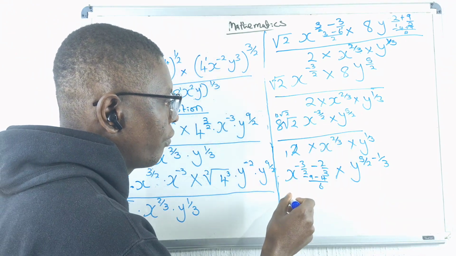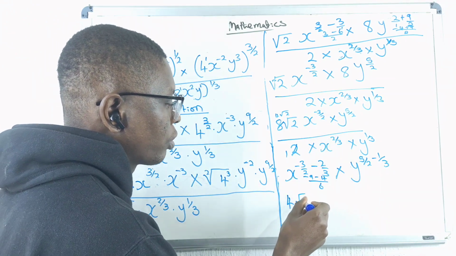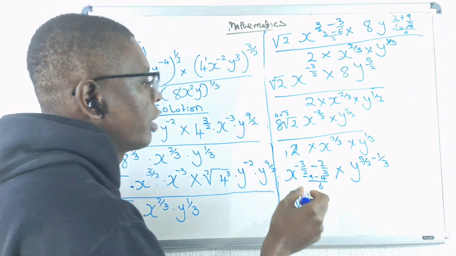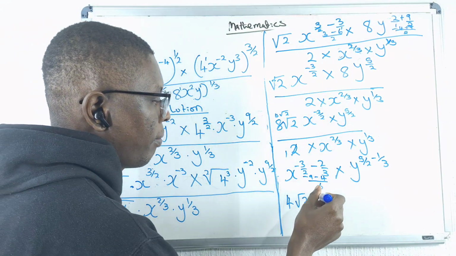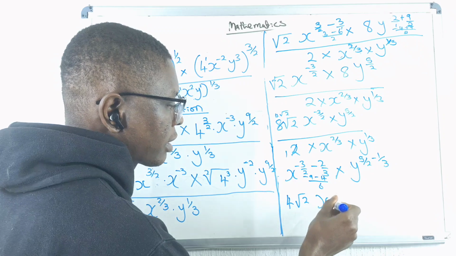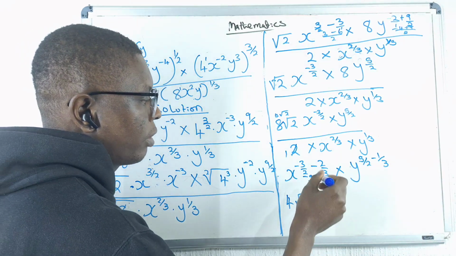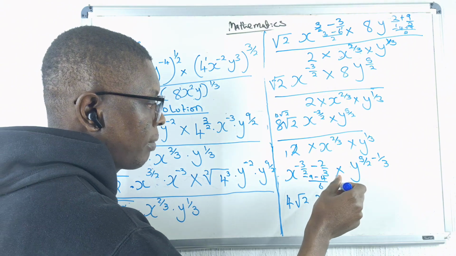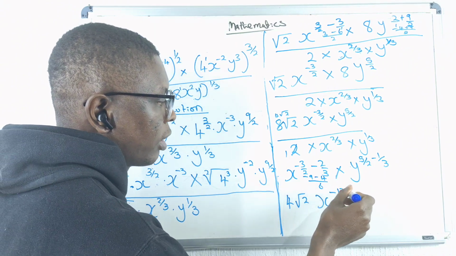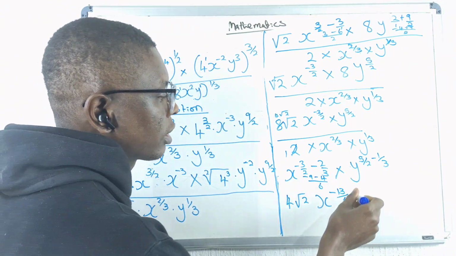So x raised to minus 9 minus 4, which is minus 13 over 6, times